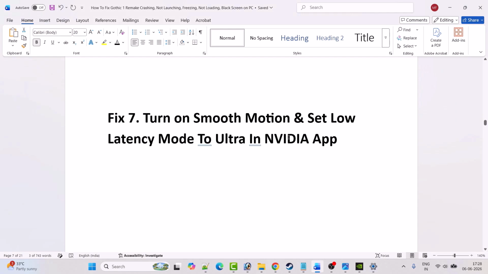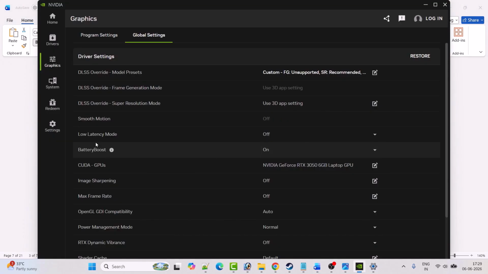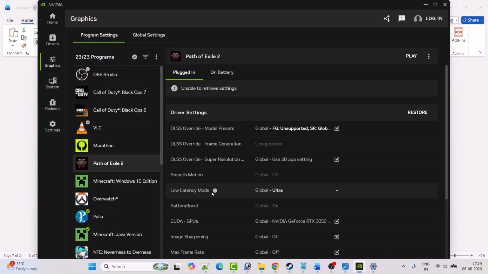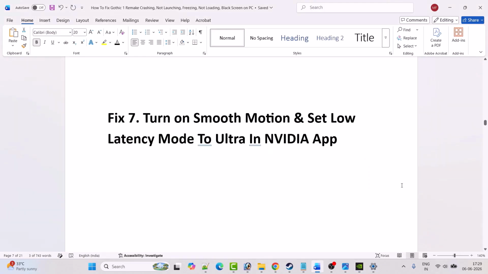game and check. If that doesn't work, then you can also set the low latency mode to ultra in NVIDIA app. So open NVIDIA app, and here you will see the low latency mode. Just turn it to ultra. Go to program settings, here you can see low latency mode ultra. If it is off, then you have to set it to ultra, and then you can go ahead, launch the